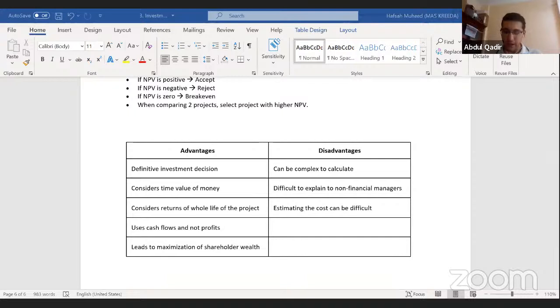So let's go back to question number 1 and do the computation for these cash flows. They're asking for computation of annual cash flows of the project. So let's quickly put up the format. Basically, you can say year 0, year 1, year 2, year 3. You have 4 years including year 0, but year 1 to 3 is the lifetime of the project.